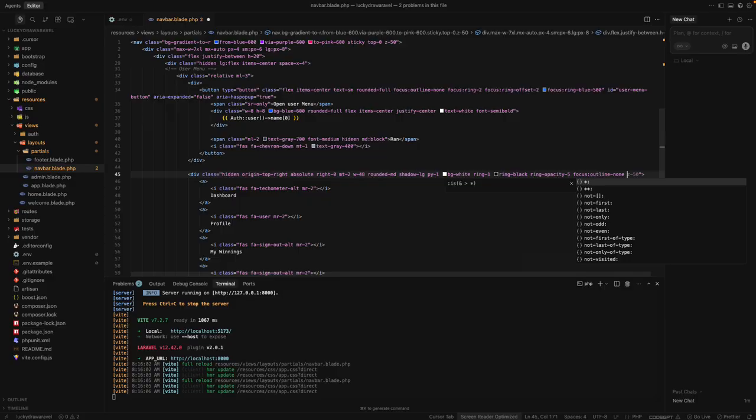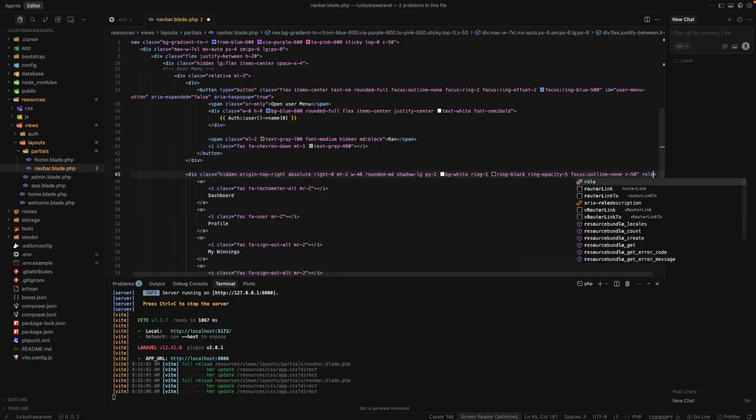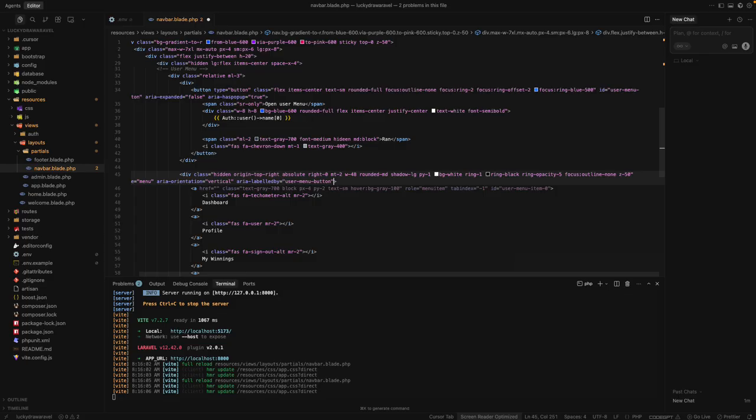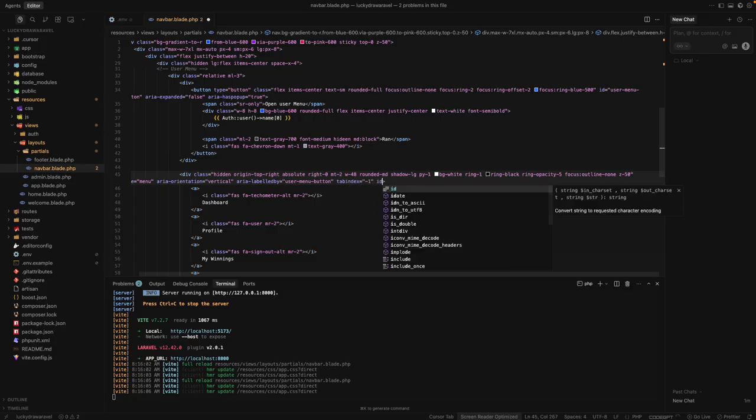Okay, then z index is 50, its role is menu, aria orientation is vertical, aria label is user menu button. Okay, and let's another tab index -1, id is user menu,